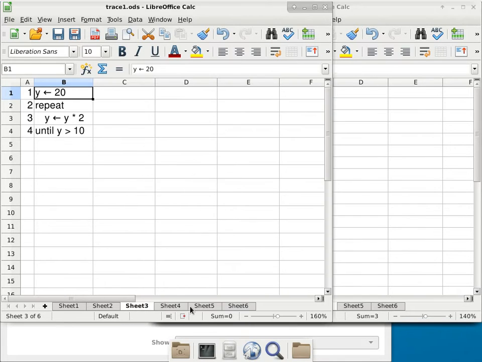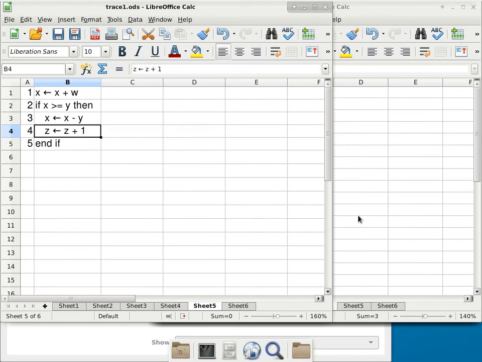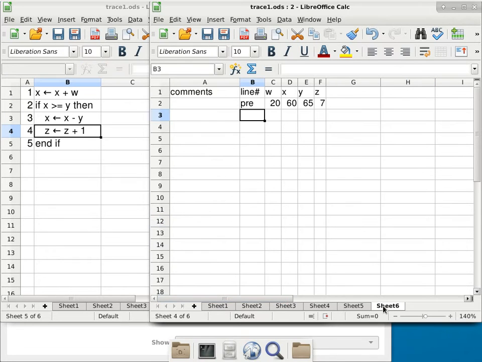And then we move on to sheet 5 as the algorithm. This is the only one where I give you initial value, so you don't need to specify pre anymore because I have already done that. Okay, so that's the precondition. Line 1 is going to add the x and w. X has a value of 60, w has a value of 20. So total is 80. We use the value to overwrite x, so x ends up with a value of 80